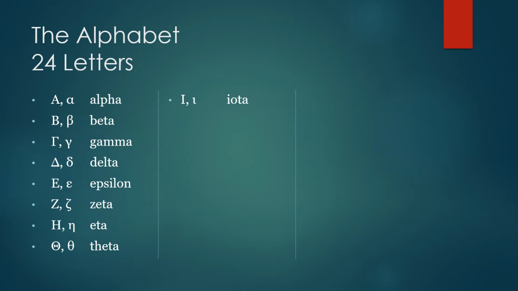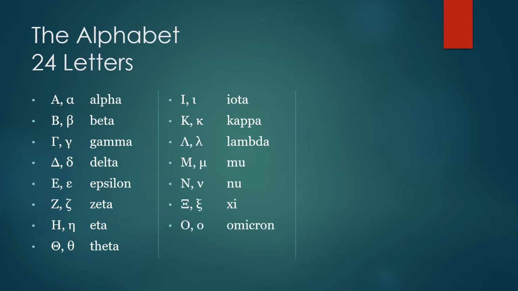There's the saying, does it make one iota of difference? Well, I'll let you look that up for yourself, why that matters. There's kappa, lambda, mu, nu, xi, omicron, pi,